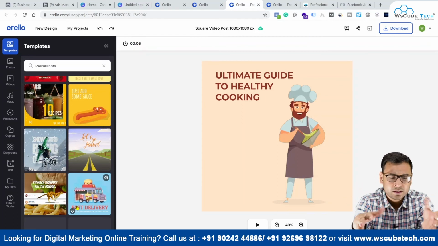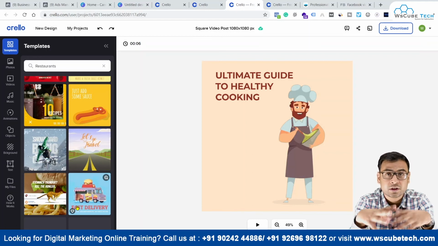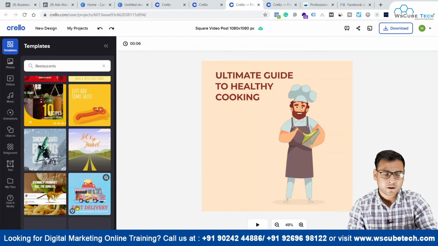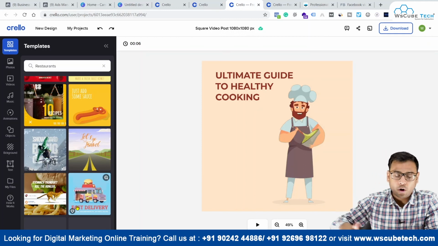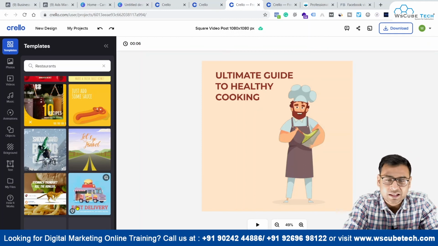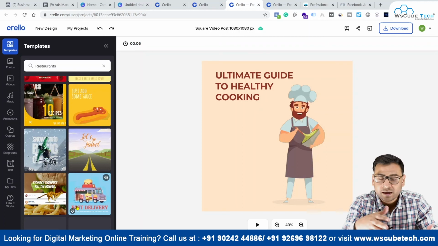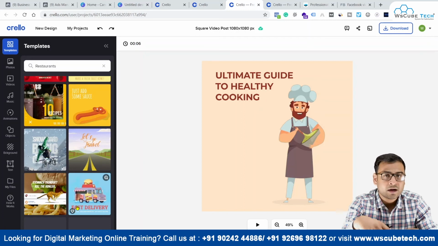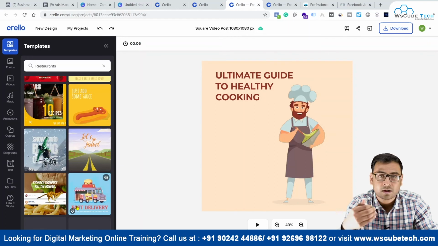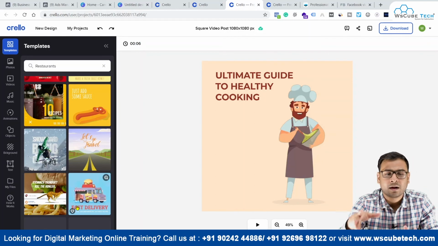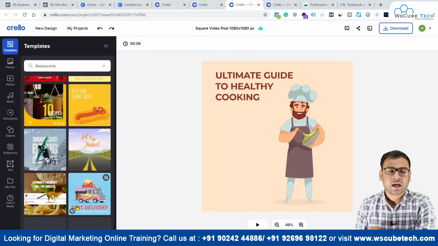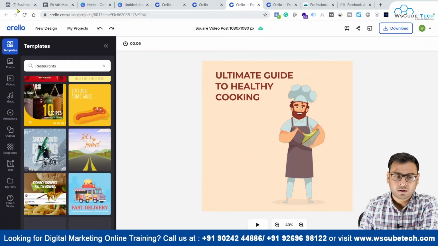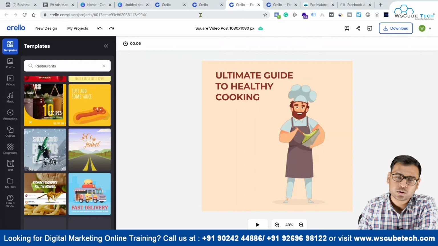And another very important thing, you can create multiple creatives in like a short span of time, and you can test all those creatives, and then you can find your winning creative, and you can move accordingly. So this thing you can also do with these kind of tools, because they are very user friendly, just kind of a drag and drop interface, and you can create your own creative, right? And if you have anyone to help you with the Photoshop or any other photo editing tool, then you can take the help of that resource. Otherwise, I'll recommend you, if you want to create creatives, you can go ahead and create creatives using Trello or Canva, right?